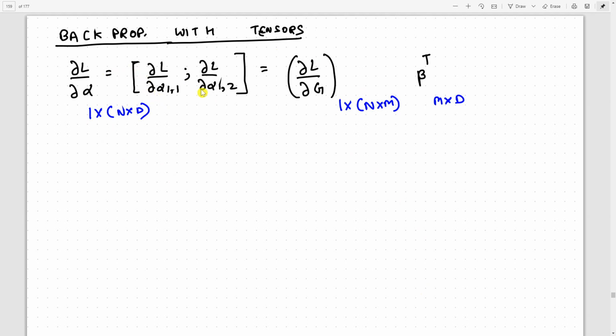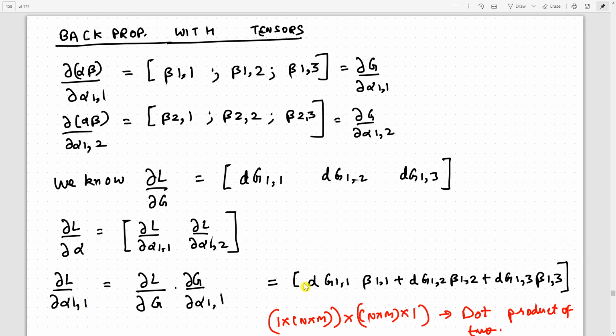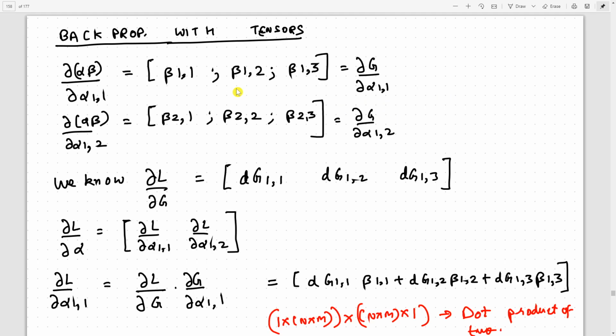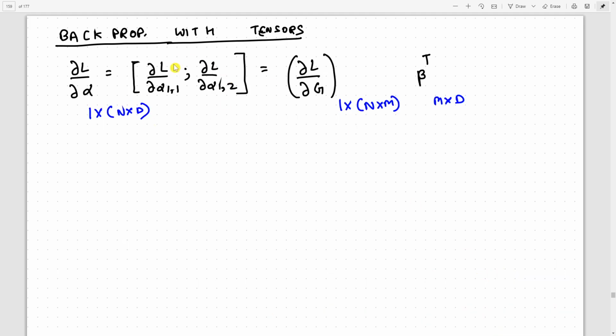We can just then expand this entire operation and do this again, and then write del L by del alpha equal to del L by del alpha 1 1, and the second column is del L by del alpha 1 2. So this is a scalar, this is a scalar, by the way. So del L by del alpha 1 1 is a scalar, and del L by del alpha 1 2 will also be a scalar. And if you then notice, what is happening is that you can write this entire thing, and with respect to the second column also, in a simpler sense, as the matrix product of